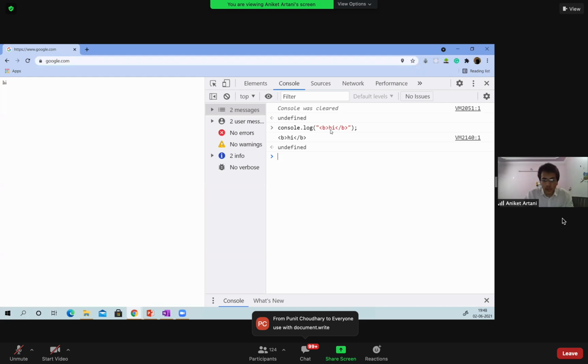Console.log in the bold. Yes, Puneet, you are responding correctly. We need to write document.write to use it on the screen. Yeah, our console can't respond to this type of thing.